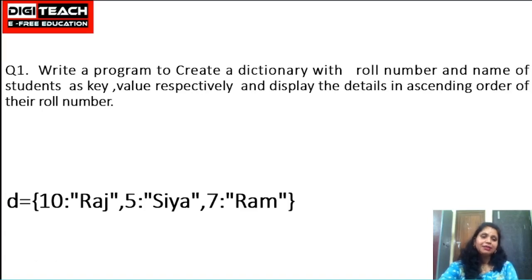Question number 1. Write a program to create a dictionary with roll number and name of students as key and value respectively and display the details in ascending order of their roll number. So friends, here we have to just create a dictionary with key value pairs, but this time the roll number will be the key and the name of the student will be the value of the dictionary variable, right? After that we have to just display the items of this dictionary variable in ascending order of the roll number,